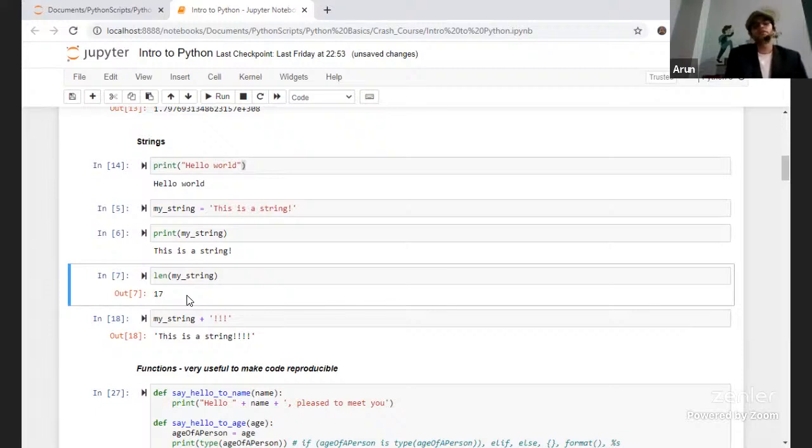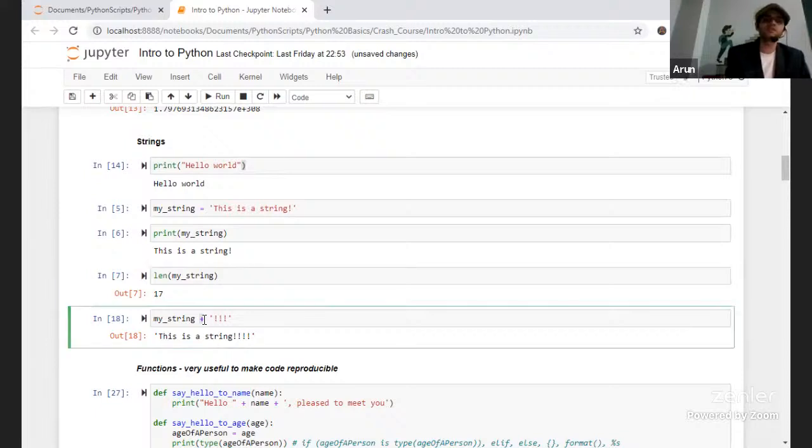Now you can use the string concatenation operator. There's something called plus, which we saw earlier. That's also called operator overloading, where you can use the same operator to perform multiple operations. So this is nothing but operator overloading.